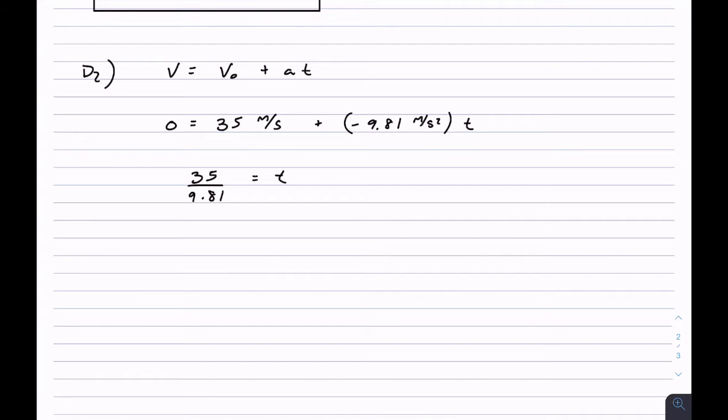This is equal to time, and this is going to be 3.5677 seconds. Or in units, I should show our units explicitly. We had meters per second over meters per second squared. So that means that these cancel, one of these cancels, and this goes on top, leaving us with seconds. So the answer is going to be